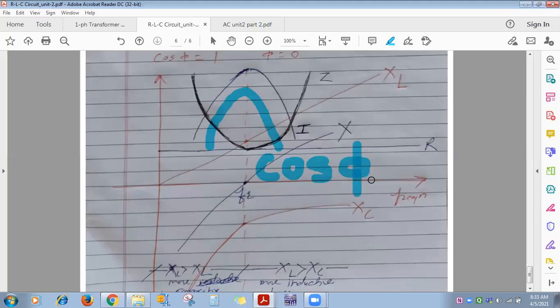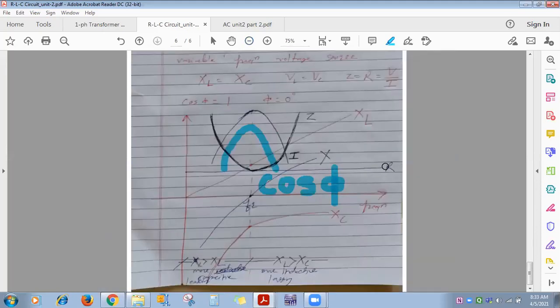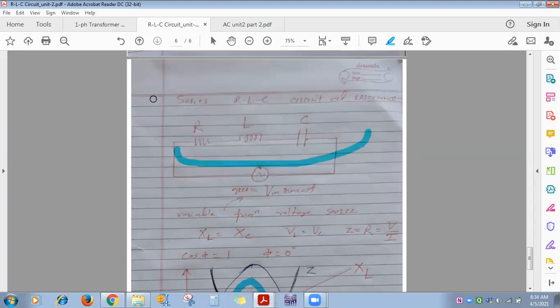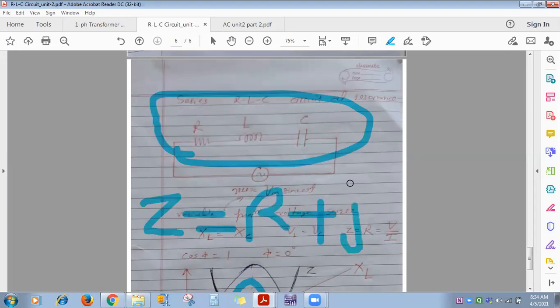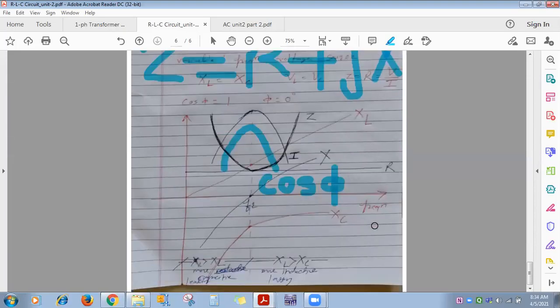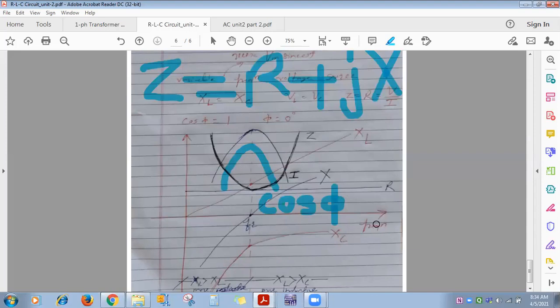Got the things? So as you go on changing frequency, resistance remains constant, XL increases, XC decreases. Ma'am, in this Z curve, at resonant frequency this graph should be a mirror image, right? Because XL minus XC is the formula of Z. No, the formula of Z is not XL minus XC. The formula of Z is R plus j(XL minus XC). We just learned this before, for the RLC series circuit, what is the formula of Z? R plus j(XL minus XC). Correct, ma'am. Then won't the graph of Z go downward at the resonant frequency? No, it doesn't.